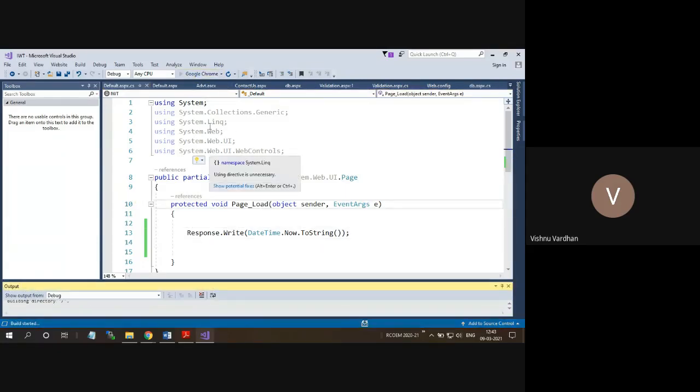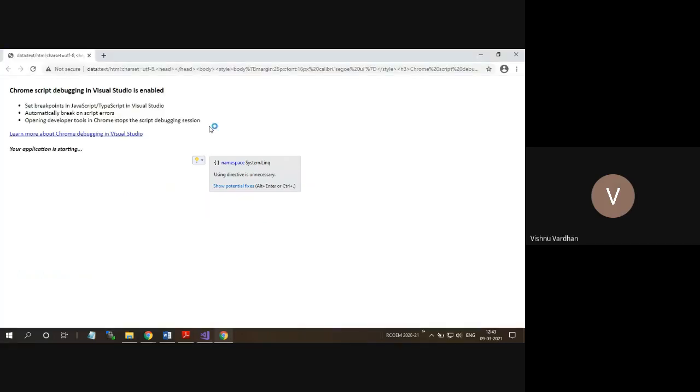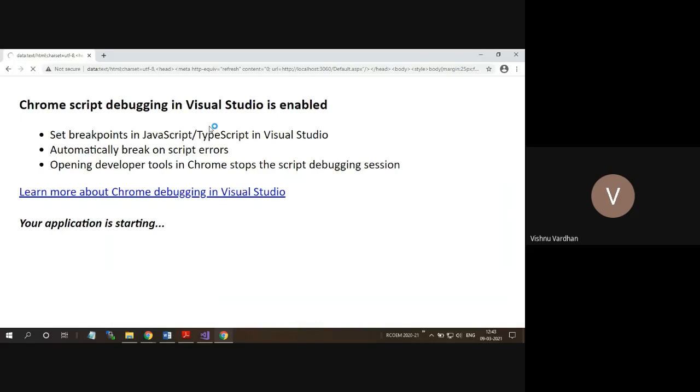I have run this page default.aspx, and as soon as it ran, it printed the current time. You can see 12:43:50, and I will reload this. Again it is showing 50.